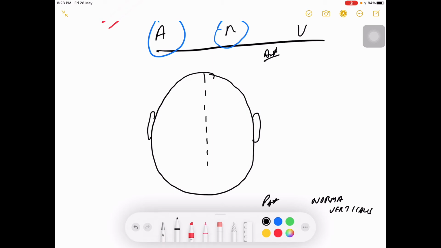I'll divide it in the middle. On one side I will draw the blood supply, on the other side I'll draw the nerves. Coming on to the nerve supply, over here you have a nerve, over here you have a nerve. In total there are 10 nerves, out of which 8 are sensory and 2 are motor. I'll better write the numbers, 1, 2. One is your supratrochlear, second is your supraorbital.